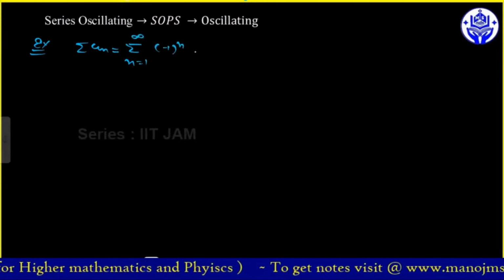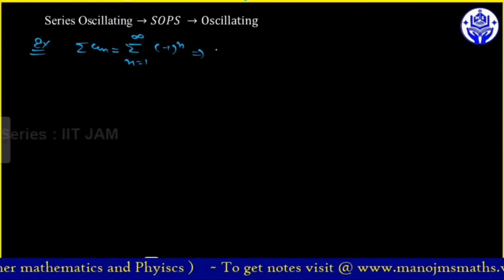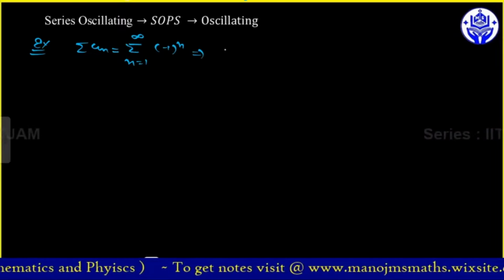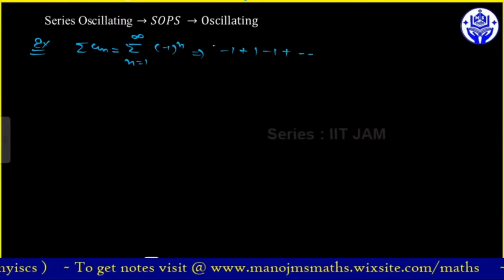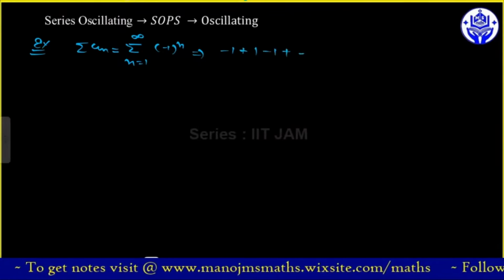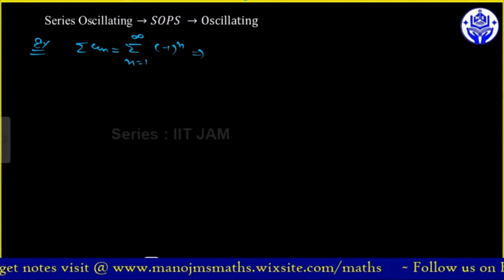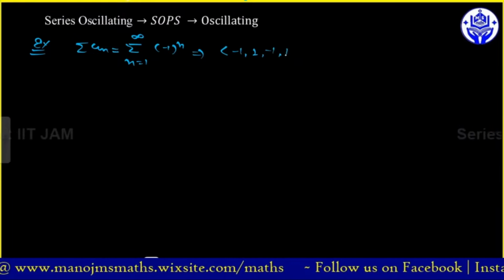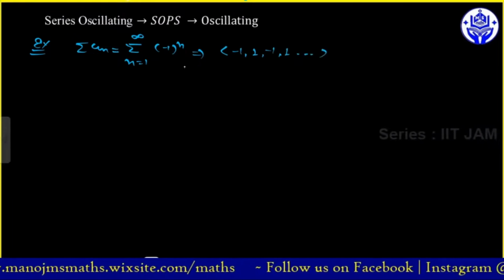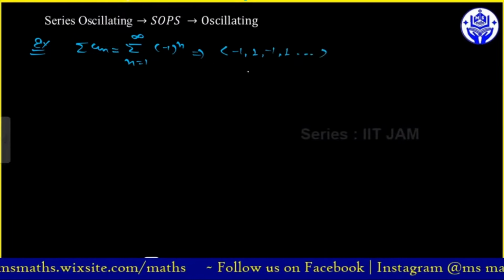(-1)^n। तो अगर इस टाइप की सीरीज लेते हैं तो इसको हम कैसे लिखेंगे, इसकी जो सीरीज बनती है दैट इज द -1+1, इस टाइप से इसकी सीरीज बनती है, और ये 0 हो जाता है। अब हम इसके सीक्वेंस के बारे में बात करते हैं। तो सीक्वेंस जो बनेगी इस सीरीज की वो -1 हो जाएगा, 1 हो जाएगा, और यहाँ पे ये हो जाएगा। ओके, अब ये हो जाएगा ऑस्किलेटिंग।